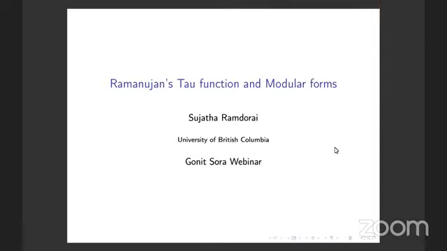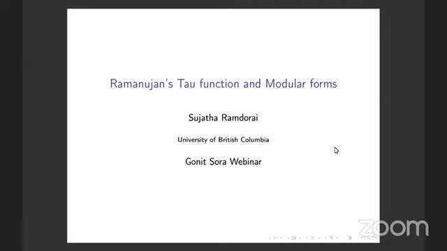Thank you, Manjil. I've known Manjil for many years now. In fact, I remember how many years now, Manjil? Before he started his graduate studies, and I was so happy when he started this Gonit Sora. Because that's one of my dreams as well, to make mathematics more inclusive and for people to understand how useful mathematics is. So it's very nice to see Manjil both evolve as a mathematician and simultaneously to see that Gonit Sora has been sustained so well and is doing so well. So thanks for the kind words, Manjil.